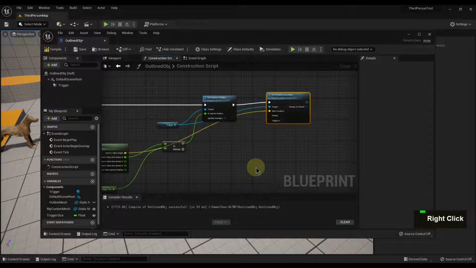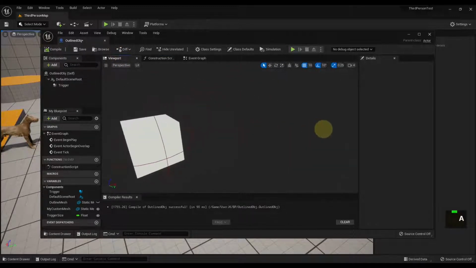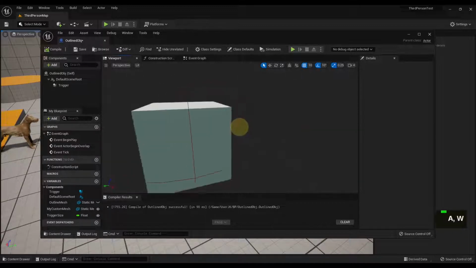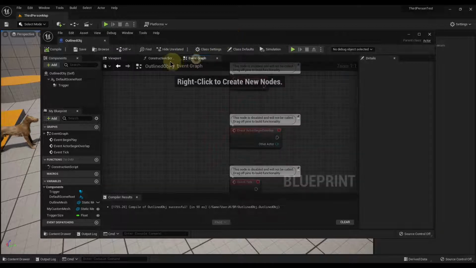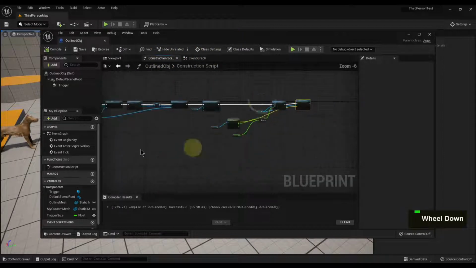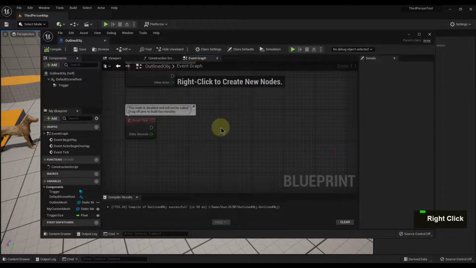We connect this to the new location and compile, and there you go. Now the sphere has been shifted to the center of this physical mesh. Okay, so we save this,